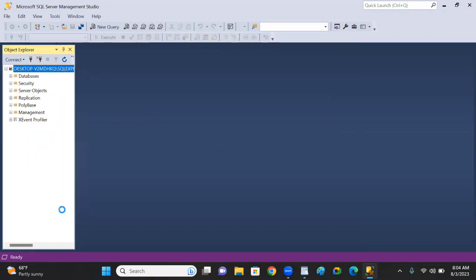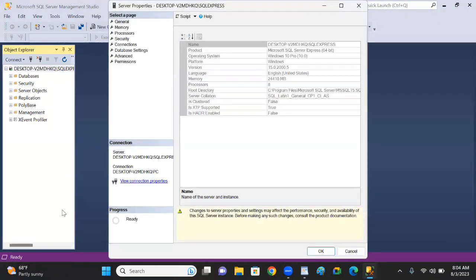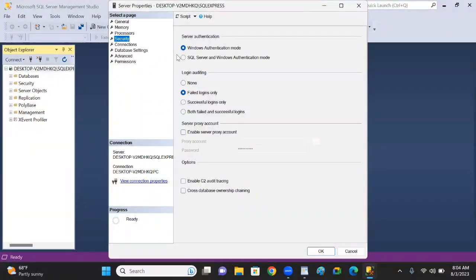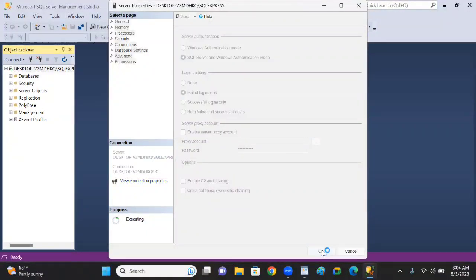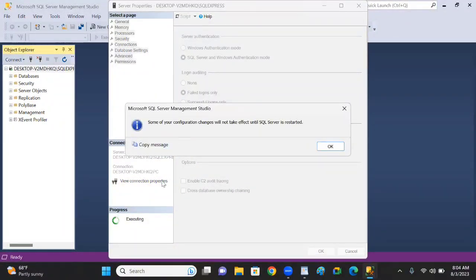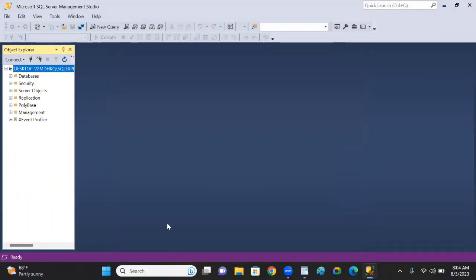Go to properties and under the security tab, currently it is under Windows authentication mode. We need SQL Server and Windows authentication mode, both, right? So we need to click on this one and click on OK. It says whenever you are changing something, we need to restart the SQL Server first. So click on OK and then